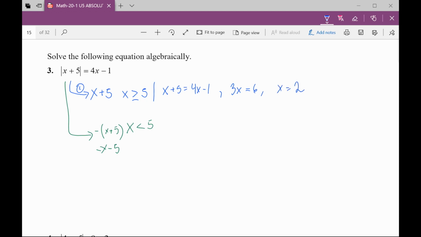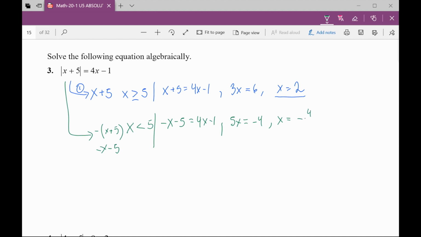Good. Boom. That's pretty simple, straightforward, done. Let's now look at what happens when x values are less than 5. When x is less than 5, then the inside of the absolute value we're dealing with is negative: negative x minus 5 equals 4x minus 1. And when I move this around, I'm going to get 5x equals negative 4,